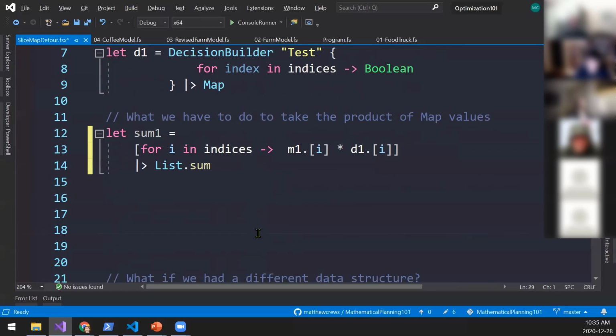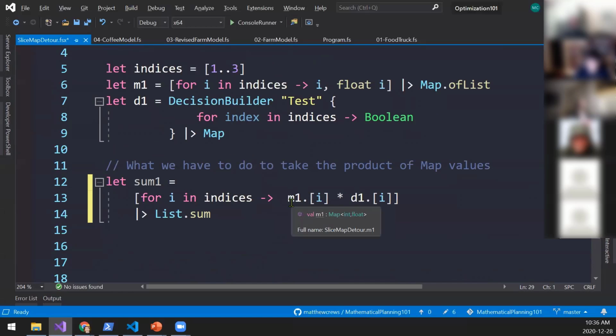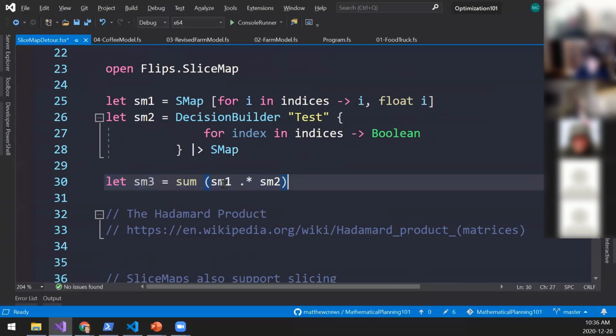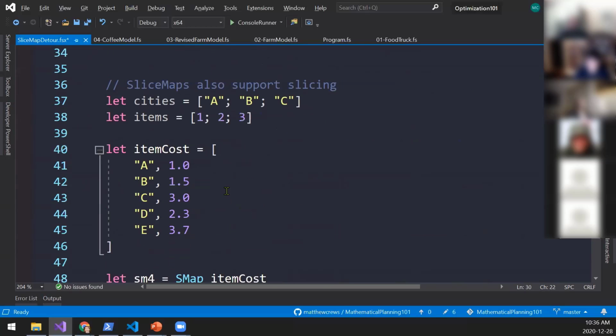It also takes care of empty data, because right now, with maps, we have had a value for every single index. What if there wasn't a value at that index? You would get an error, where you're trying to access something where there's no value at that key. This just handles that correctly for this problem space.